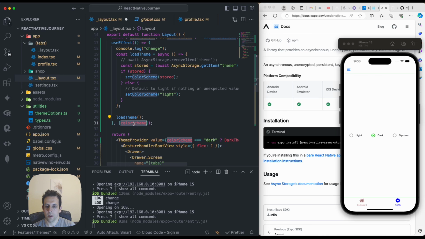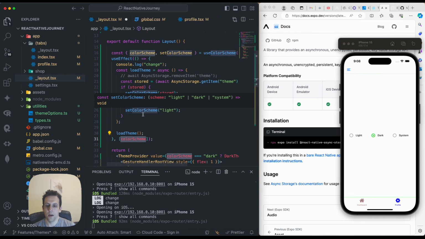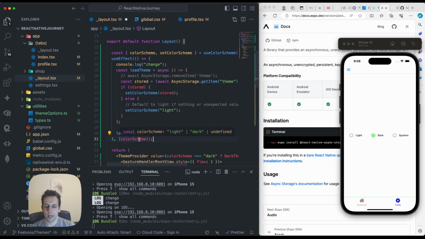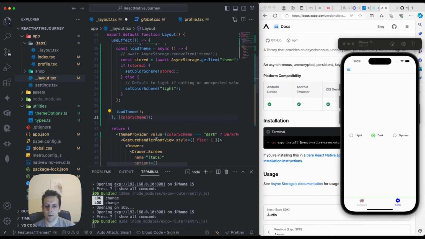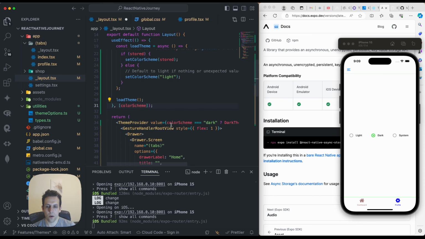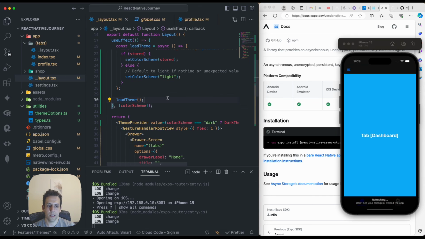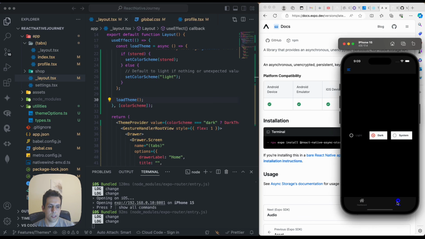Also, if we are changing the color theme in the app, we can also add this dependency over here, because we want to make sure that every time the color scheme is changed, this use effect hook is called, so that we set the color scheme to that specific value over here. So with that, if I save this, you immediately will notice that now we have the